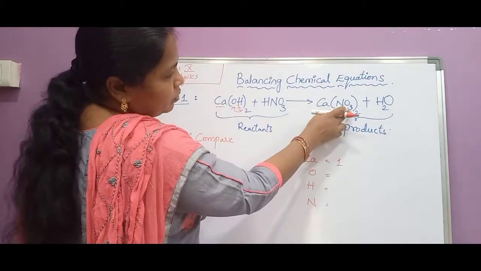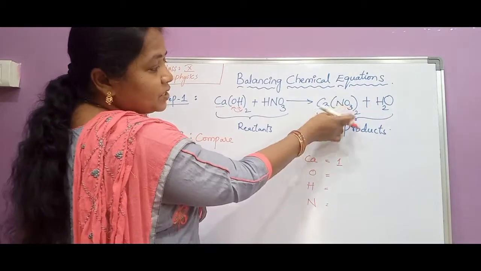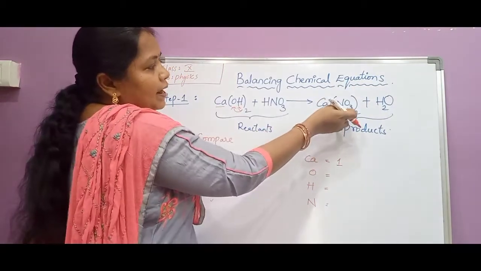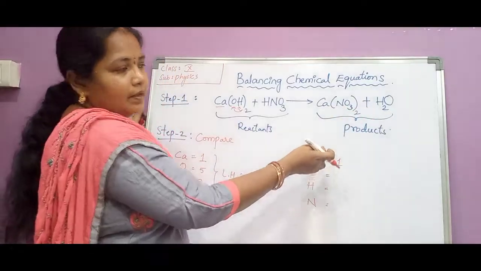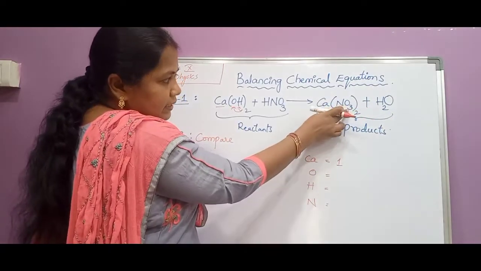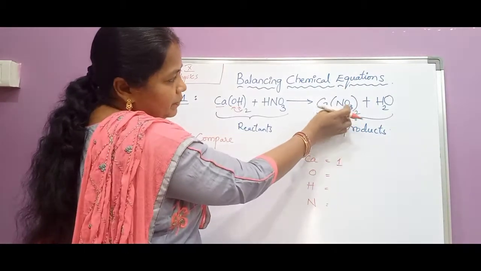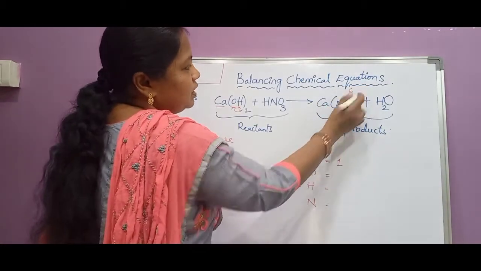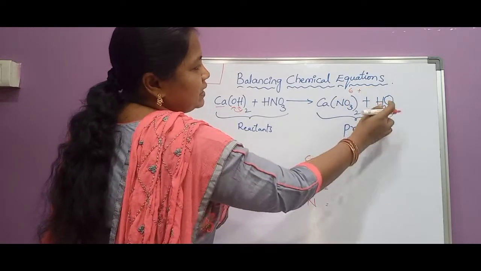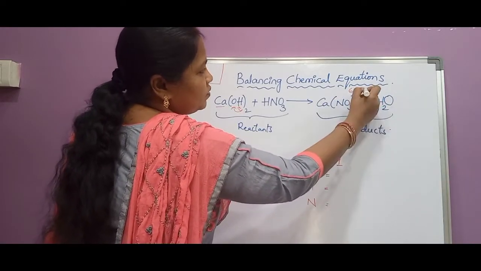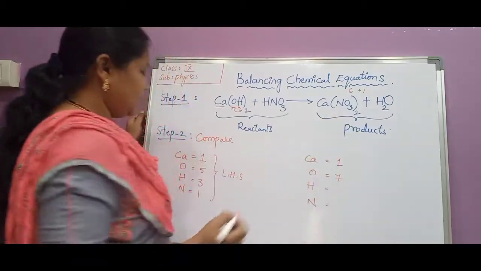Always you have to multiply the 2 subscripts if the bracket is kept, and outside the bracket one more subscript is there. Here already one subscript is there, O3 is there, and NO3 is kept inside the bracket, and outside one more subscript is there too. So we have to multiply both the numbers. 3 into 2, 6. 3 into 2, 6 oxygens are there. Plus in this formula 1 oxygen is there here. No subscript means 1. So 6 plus 1 is equal to 7 oxygens.